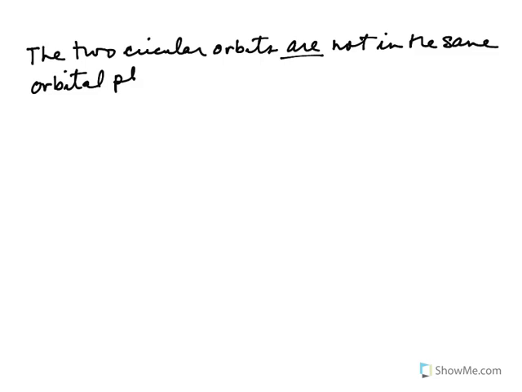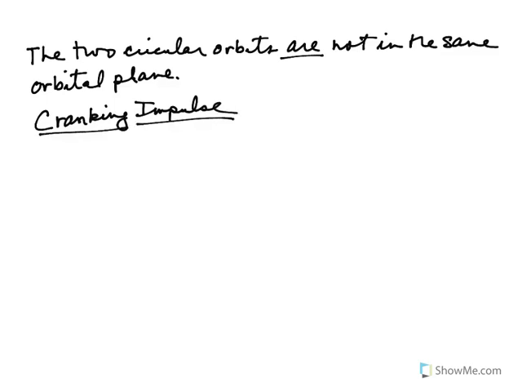So we're going to start this process off with the following concept, which is what is a cranking impulse. So let's talk about a cranking impulse. That was the first thing that I said we were going to describe. Now, in order to define a cranking impulse, consider the following pictures. Consider a spacecraft moving on an orbit